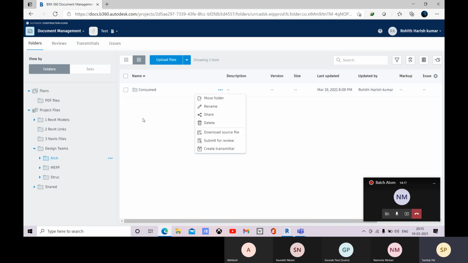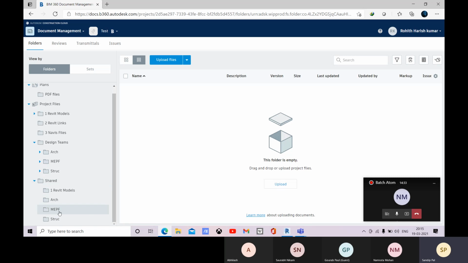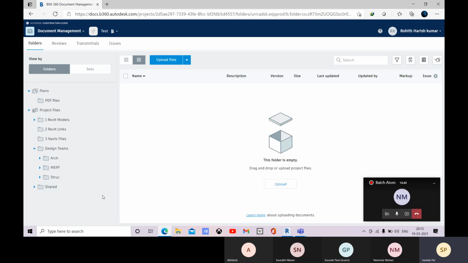And within that your uploaded files will be there. Now just see within this MEPF, within this structure we also have these consumed folders. And all of these are added within this shared folders, and the team you have created will be added within this shared folders.